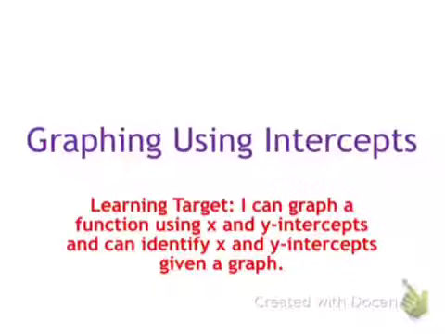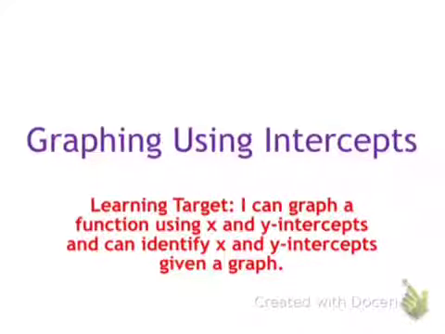Alright guys, today we're going to be talking about graphing using intercepts. I apologize for my voice. I'm going to do the best that I can. Our learning target is I can graph a function using x and y intercepts and can identify x and y